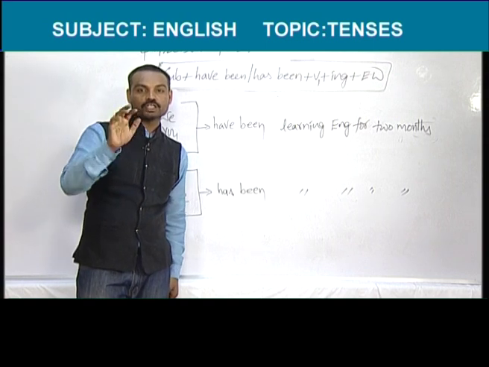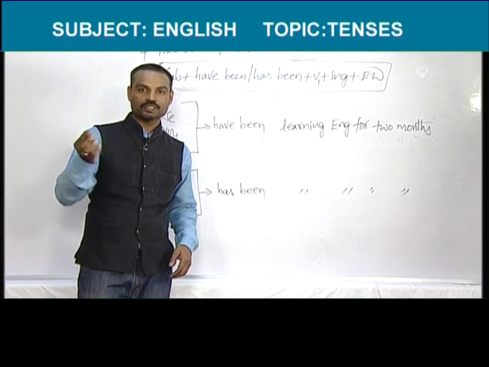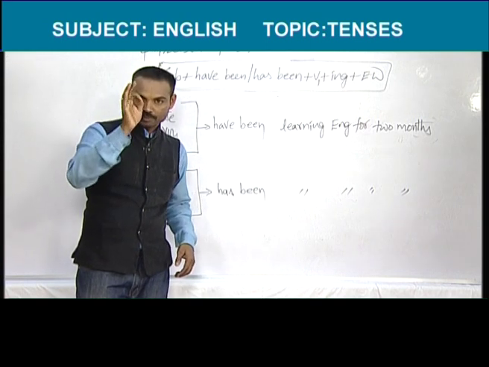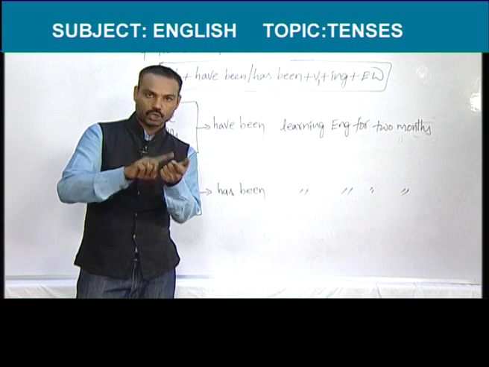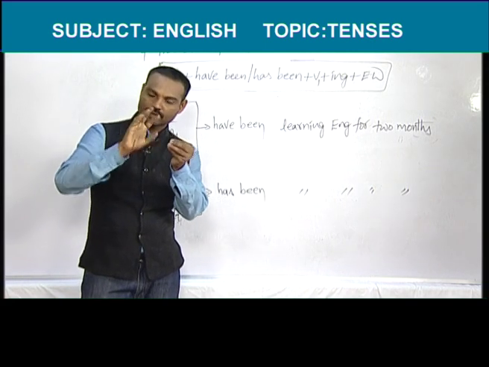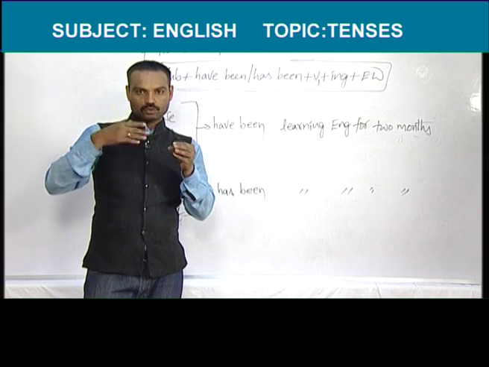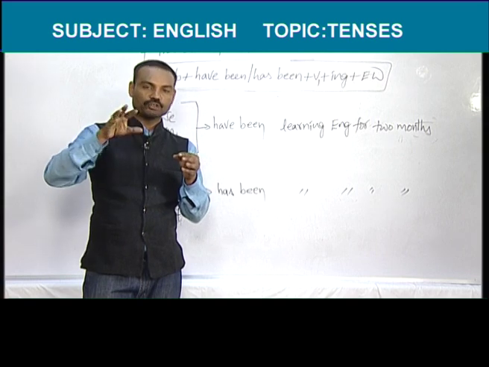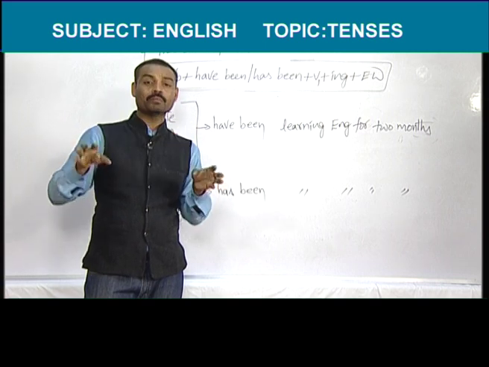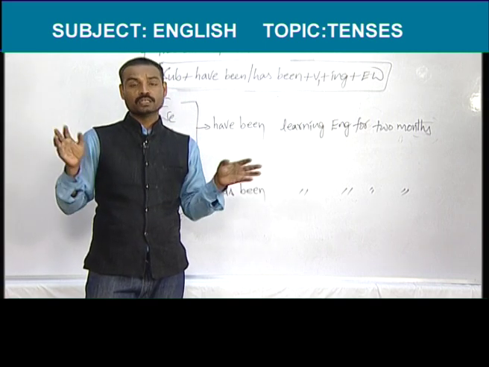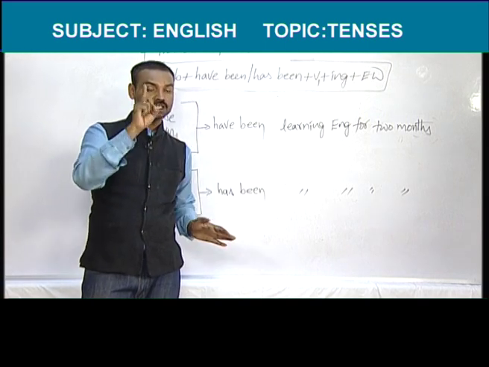For example, if you don't know when you started the game and you want to say just 4 hours or 3 hours or 10 minutes or 30 minutes, you can use for. Whenever you mention an exact time like 8 o'clock, 6 o'clock, 9 o'clock, 1 o'clock, or days like Sunday, Monday, Tuesday, Wednesday, or the names of months, June, July, August, September, or the names of years, you should use since. So, friends, whenever you use a point of time, you should mention since.